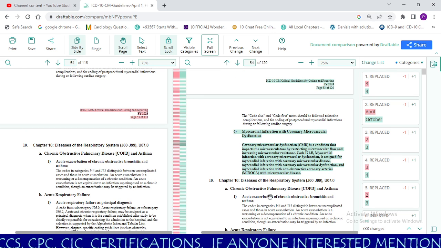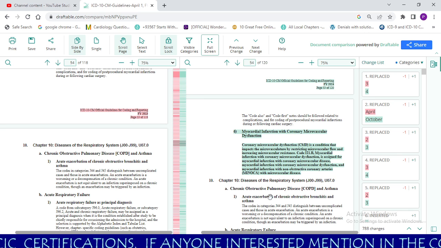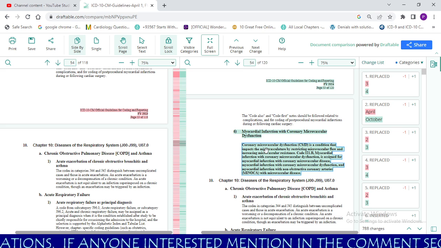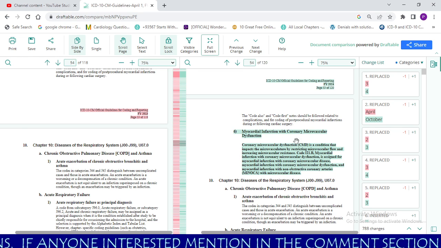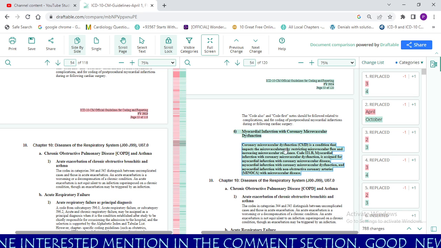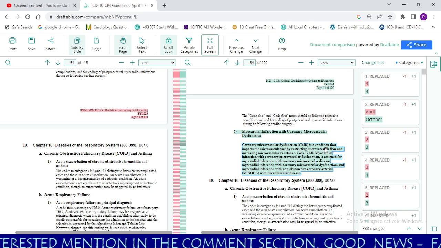So here in the myocardial infarction guidelines also changed and CMS has added one guideline here, myocardial infarction with coronary microvascular dysfunction. So coronary microvascular dysfunction CMD is a condition